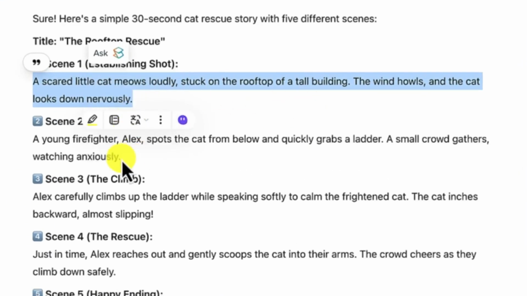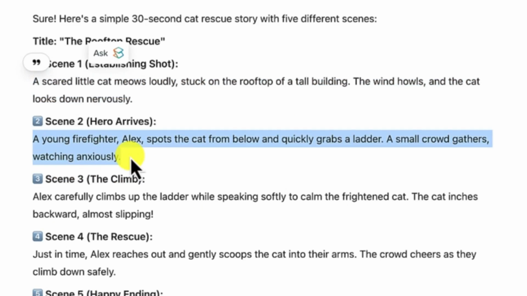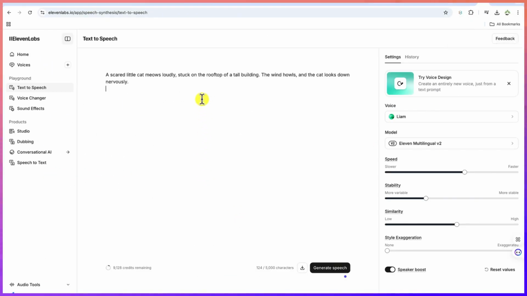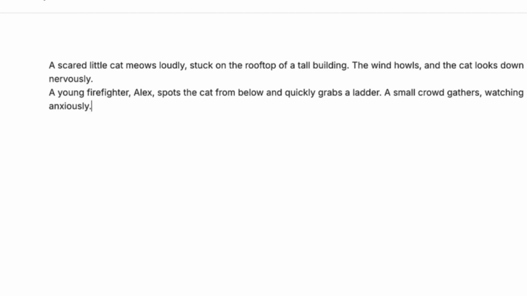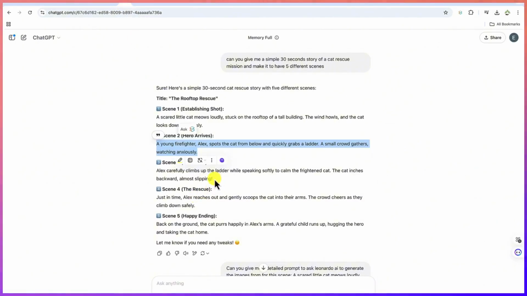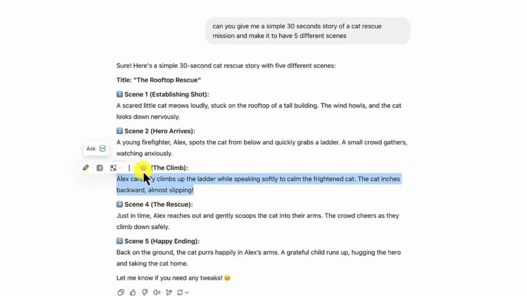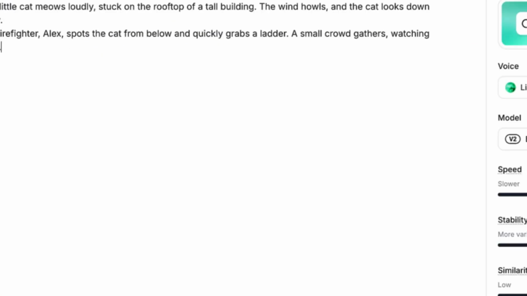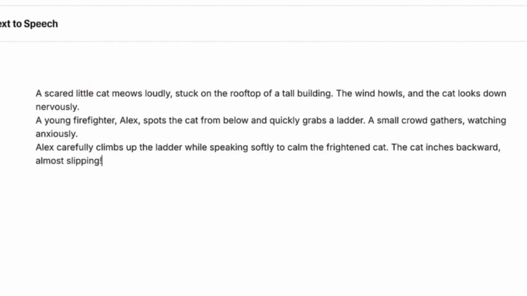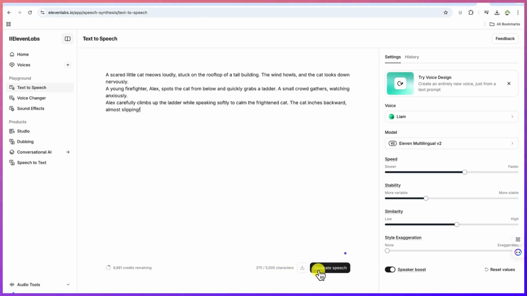That meows louder. Stuck on the rooftop of the car builder. The wind howls, and the red. So this is scene 2, cast in, and then we can have scene 3 as well. All right, and you can go on and on to the number of scenes that you have. How's Malby? Stuck on the. All right, so we have scene 1, scene 2, scene 3, and then we can select the different readers from